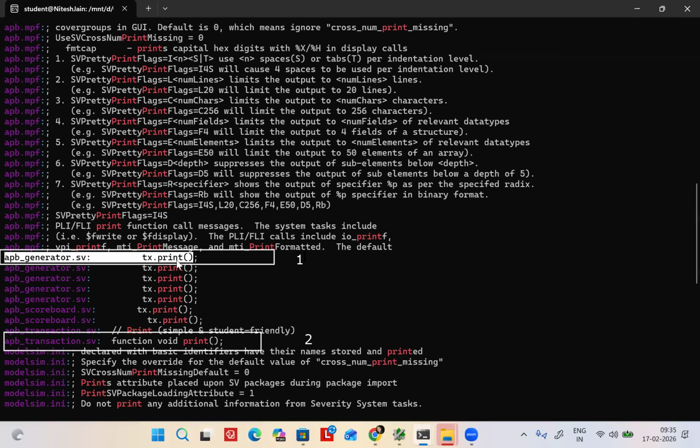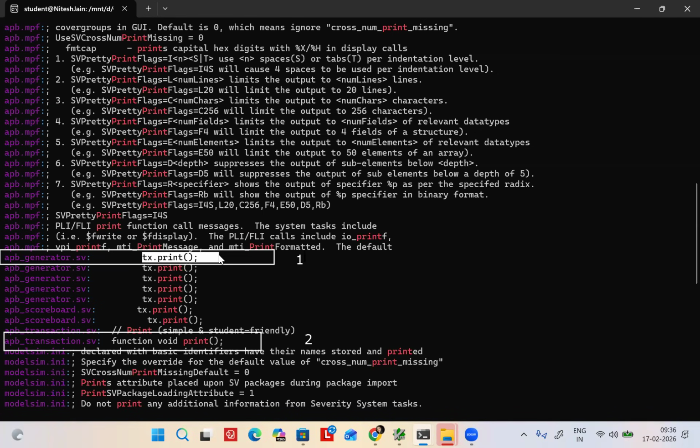Now my question to you: for example, you are in the generator code. Let us imagine you want to see what the print definition is, what is written. So how will you get to know in which file the print definition is written? You opened the generator file, and in the generator you will see it like this. Is it a calling? Correct. So you will feel, hey, calling is happening. Where is the definition available? How will you get to know in which file the definition has been written?